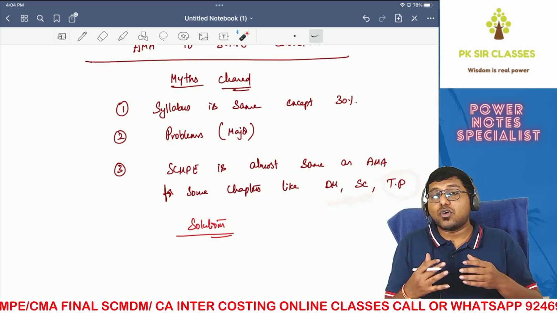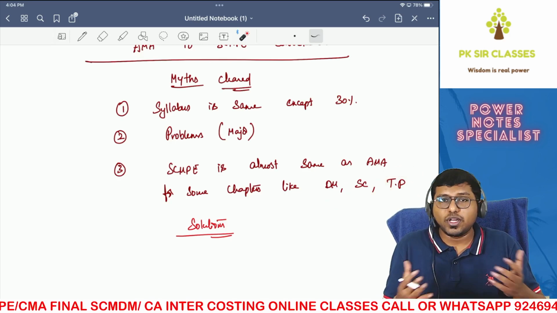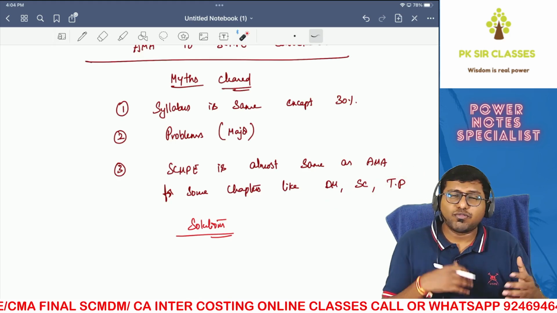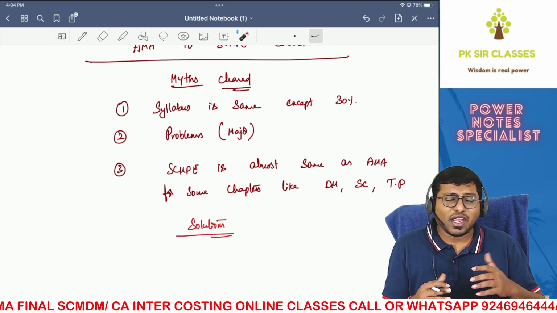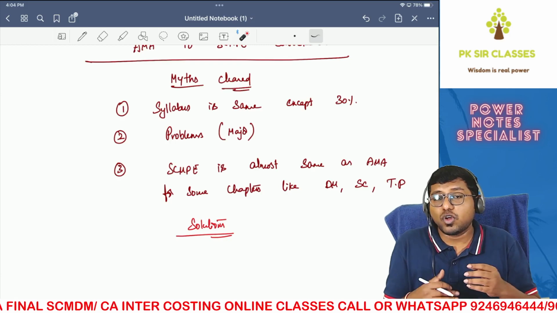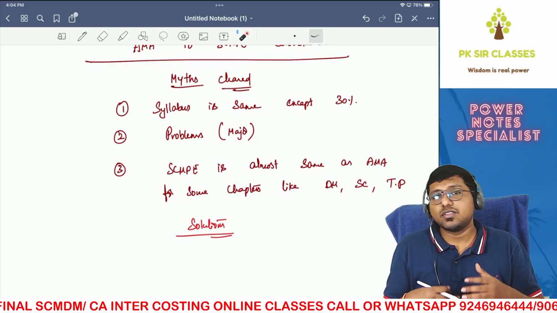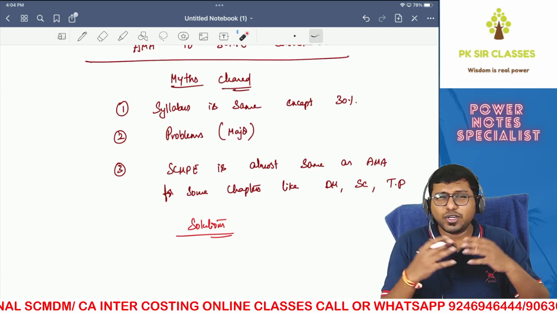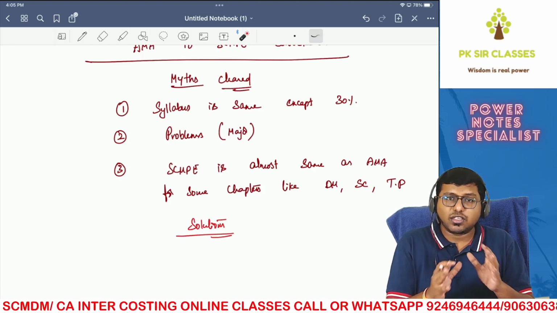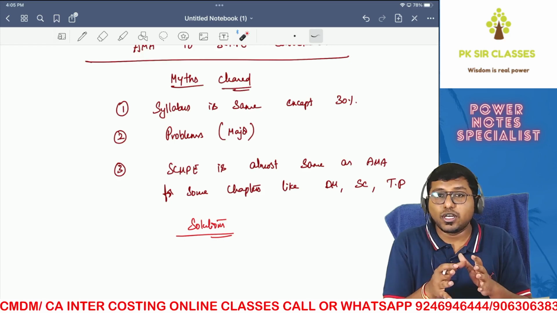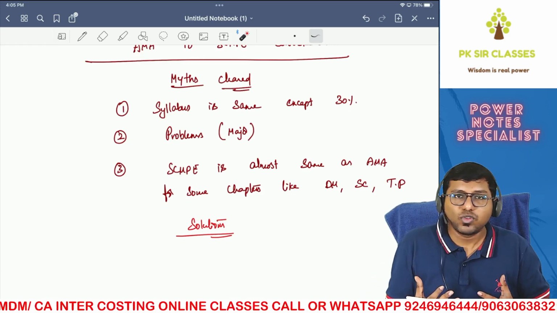Even in standard costing, the way the questions are asked is totally different. In the old syllabus, it's all about finding out variances, reconciling them, and it used to stop there. But in the new syllabus, it's all about interpreting the variances, interpreting the reconciliation. It's all about interpretation, analysis, writing sentences, writing theory, and then trying to understand what is actually happening by looking at those numbers, and trying to explain what those numbers mean.